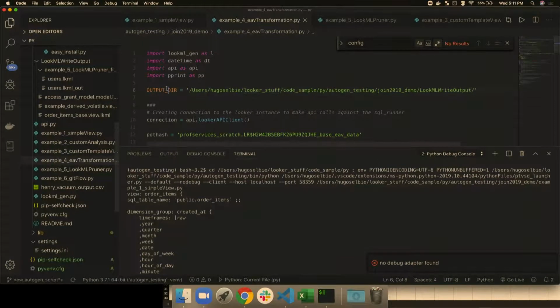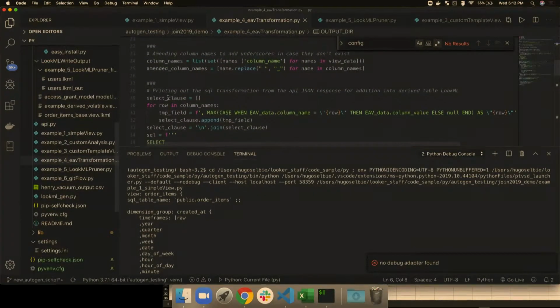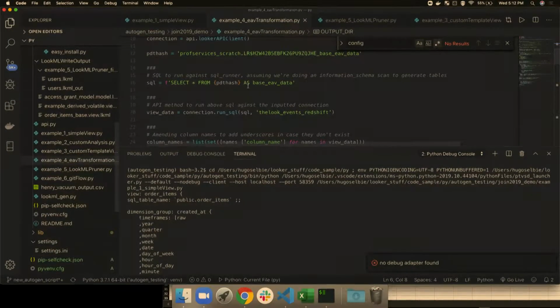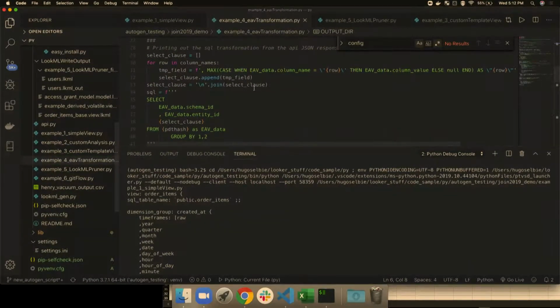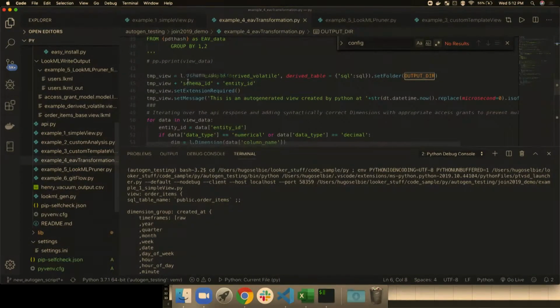Let's actually see it working. So imagine this output directory. This is where the cloned repo would be. And what we want to do is, first of all, scan that data model. So we're just going to do a really simple select statement that's coming from the EAV data. Now we have our API response. And we can use that data model to then build that SQL statement that we had at the base of our derived table. And then using that great library we were just looking at, creating a view,